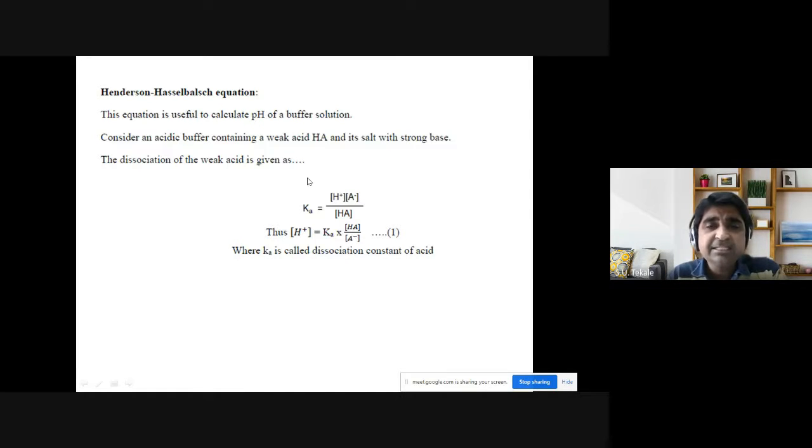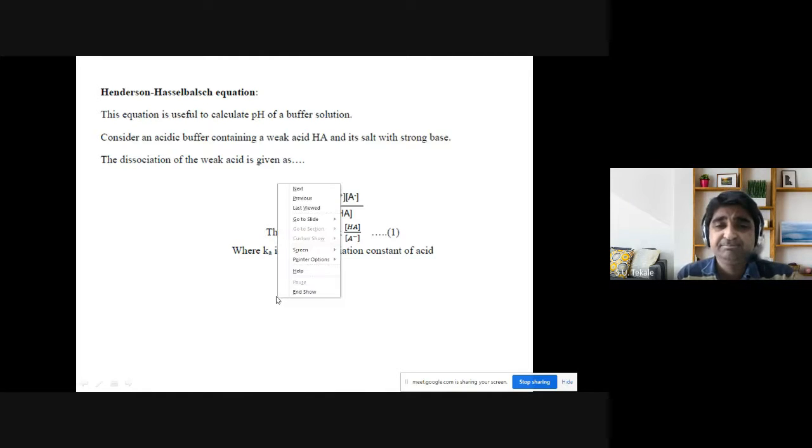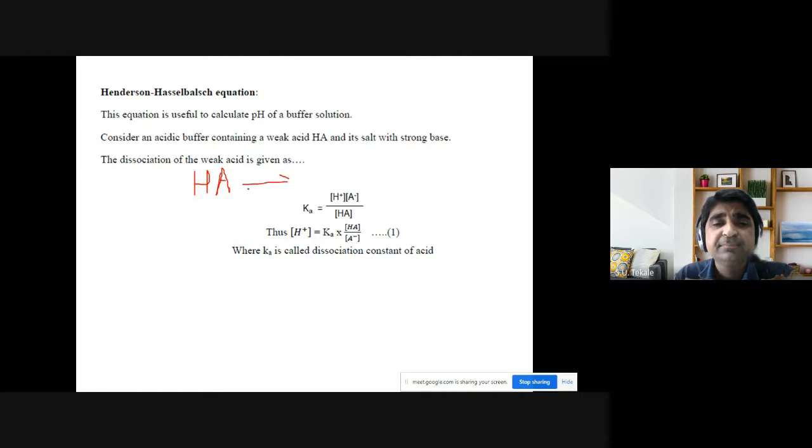Now in this acidic buffer solution, the dissociation of the acid can be expressed. Let us consider HA is the weak acid. So it will try to dissociate into H plus and A minus ions,